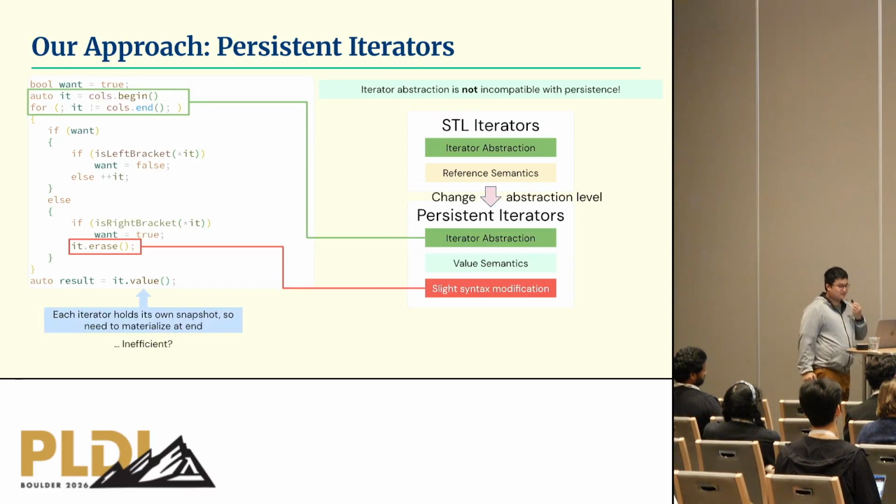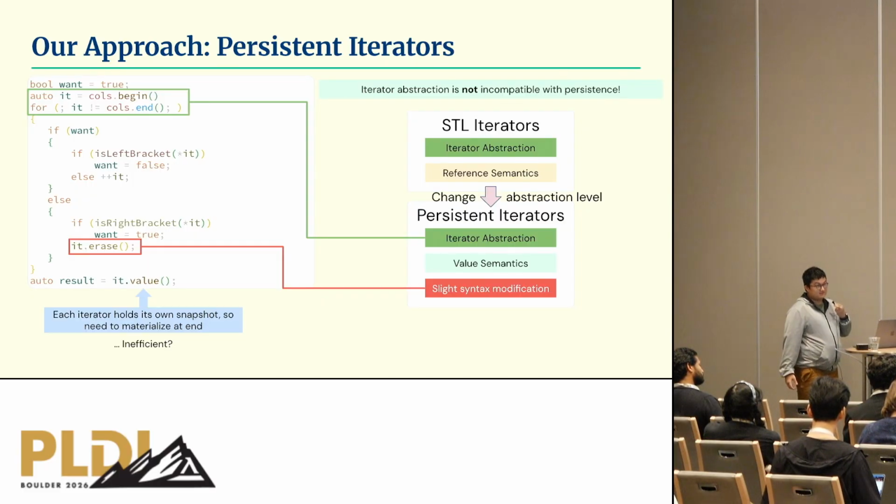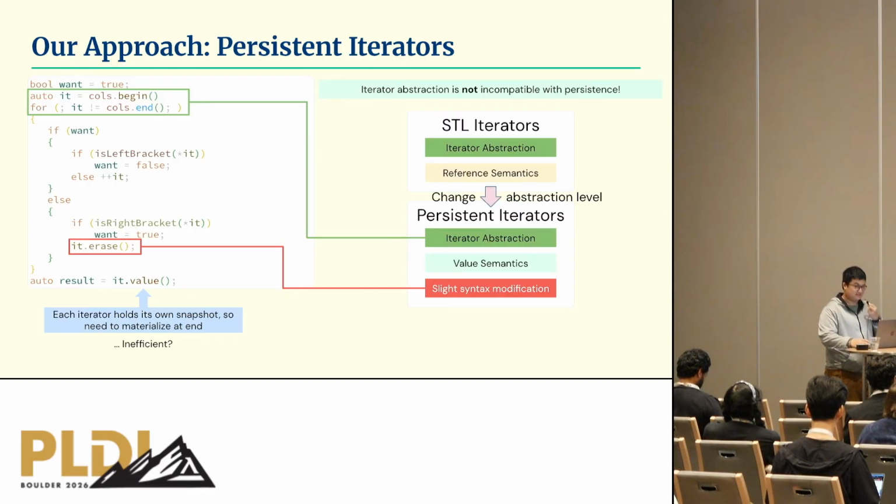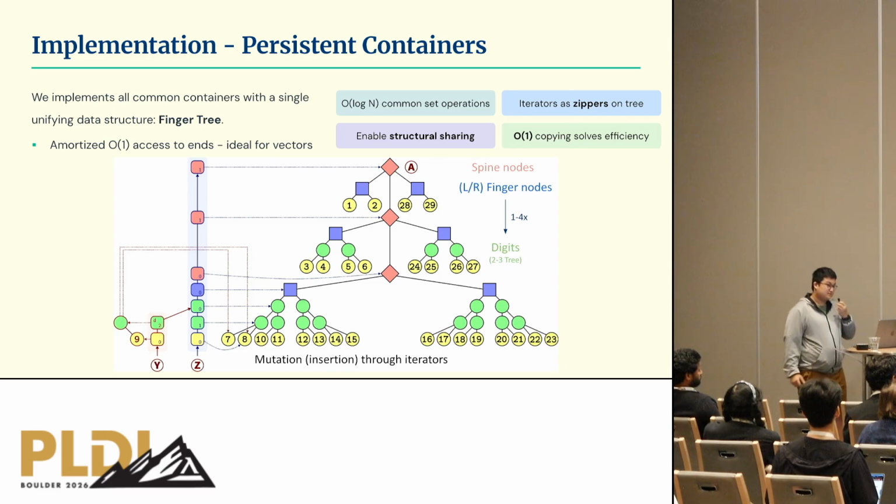Also, we need to materialize the snapshot back into its own container at the end, because after the loop, the original container will still not be modified, and if we don't materialize it, the whole loop will have no effect after all. You may wonder if this is inefficient. After all, in each iteration, we are creating new snapshots of the middle states with partial element removal, and that may be inefficient in a traditional sense because you may imagine it is copying all the elements. But by carefully designing the data structure, we can show that this is not actually inefficient.